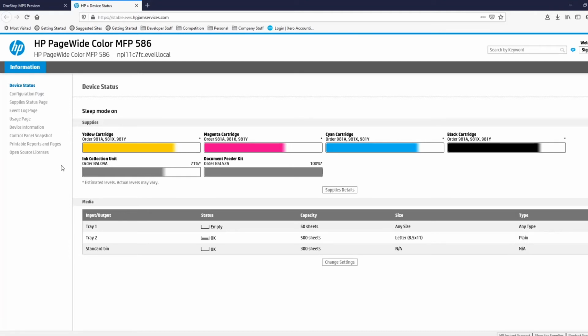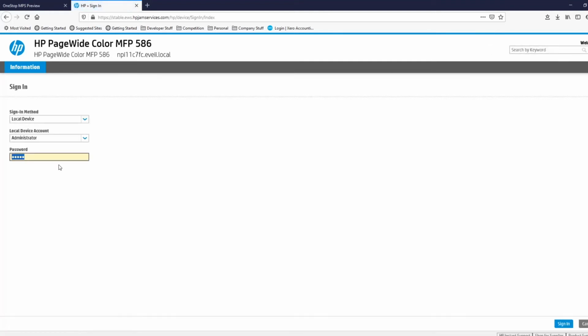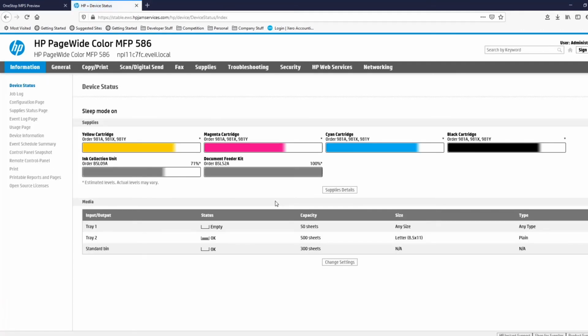This functionality is really useful if we just want to check something on the device, maybe make an ad hoc change, maybe the customer's reported something, questioned something. We just want to have a quick look and just have a quick mooch around, and we can even sign in and change settings if we wanted to. So we could sign in as an admin and we have full access to the device for changing configuration, check